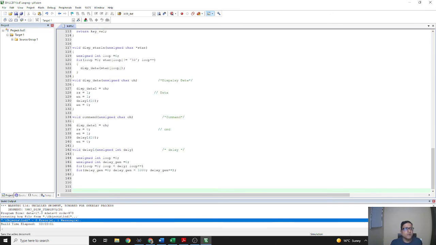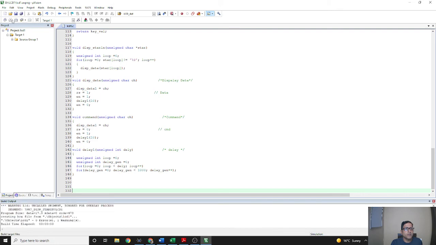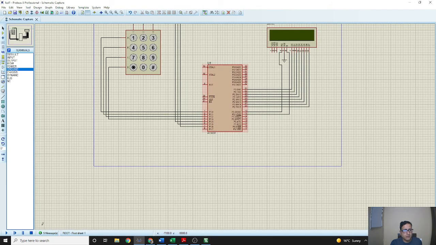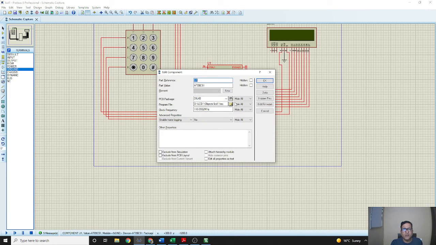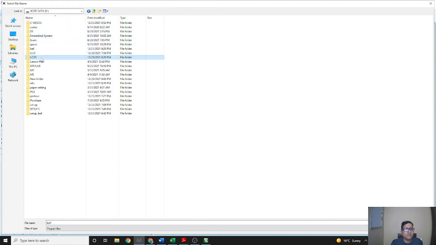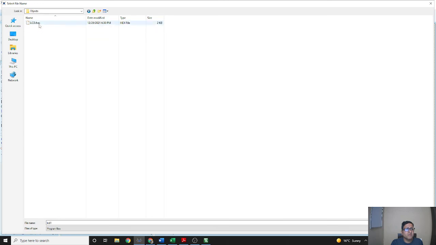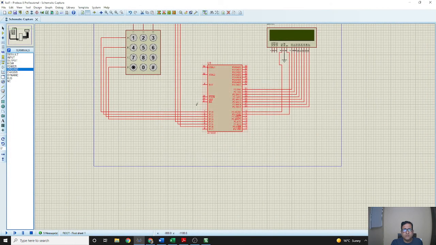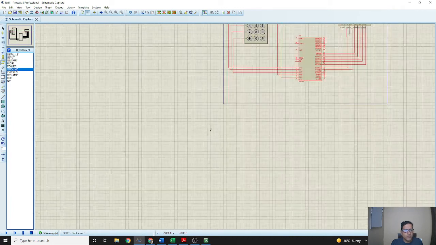We will save it, build it, and give the path here by double clicking. And now we will click it.